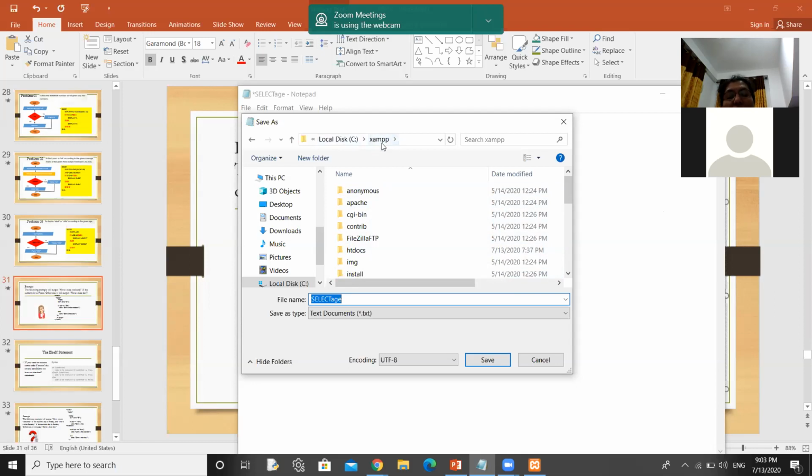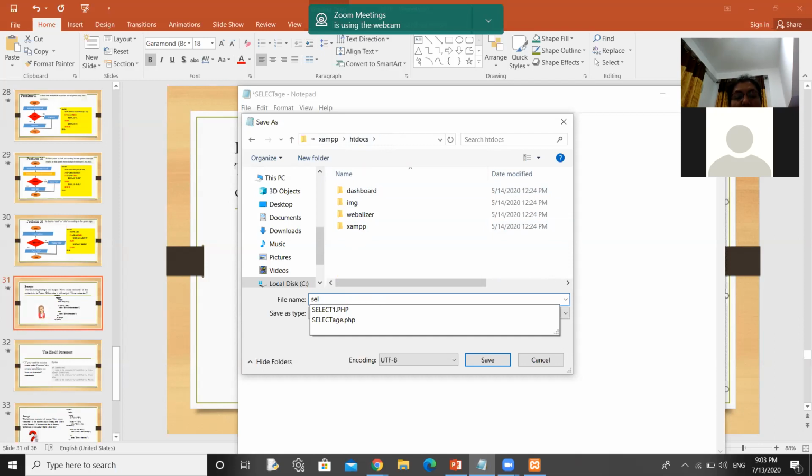Normally, when you install the exam for WAM, it gets the location from C drive, but you can change that place. But most probably, if you are unable to change or you forget to change, by default it saves inside the C drive. So when you go to the C drive, you can see the exam for WAM folder. Under that, when you click on that, you can see htdocs. So you have to click on that. Then inside that htdocs only you can save this. Therefore I put here